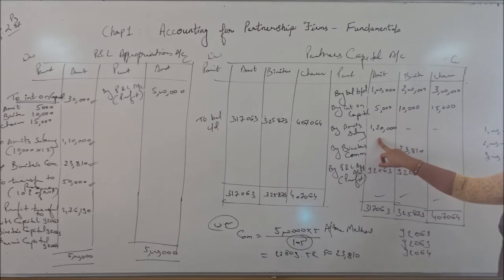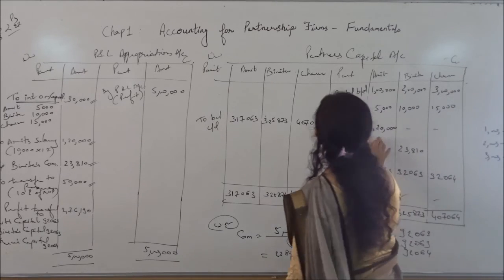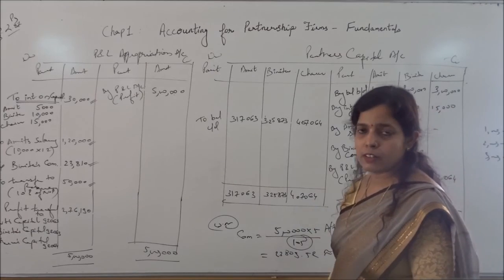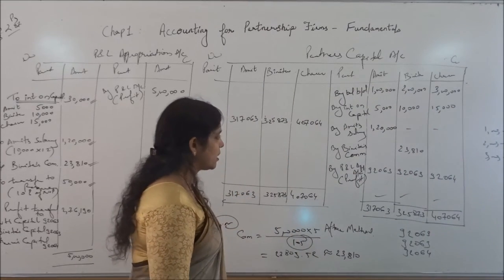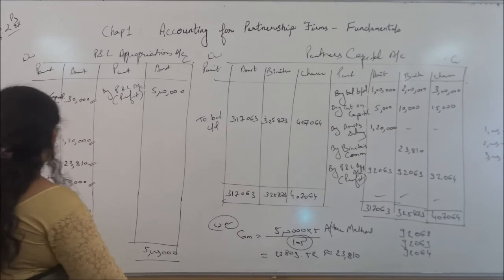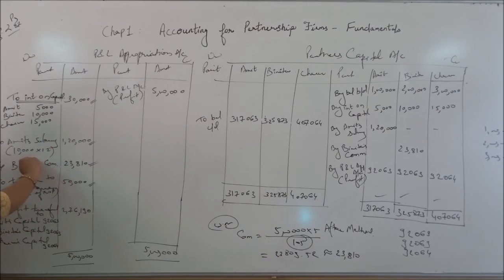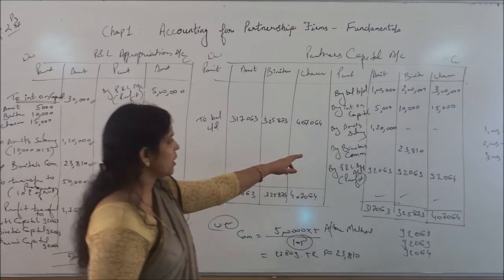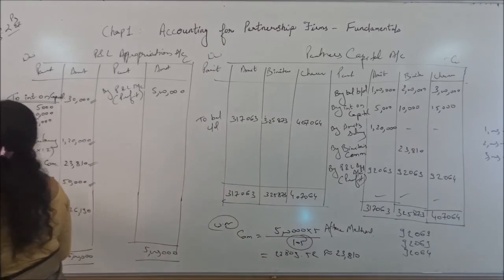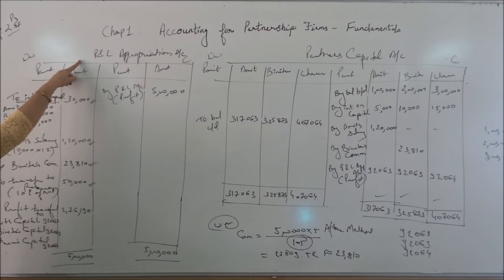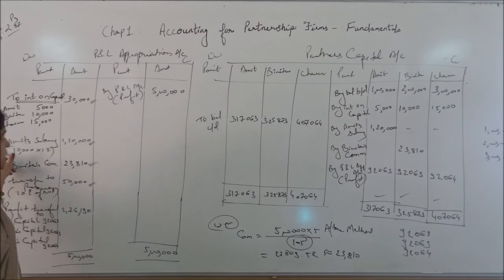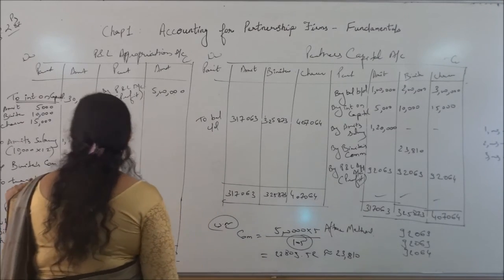Then next entry, Amit is getting salary. Do this entry. It is on the credit side, again go to the debit side. Salary account DR, Amit salary account DR to whose capital it is? Amit's capital. Salary account DR to Amit's capital 1,20,000. Being Amit is provided salary. Then P&L appropriation account DR to Amit's salary 1,20,000, being salary transferred to P&L appropriation account, right?